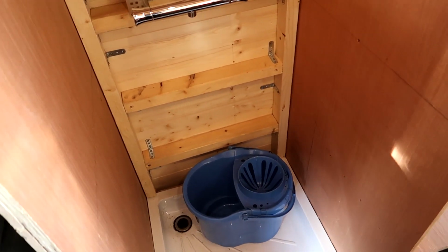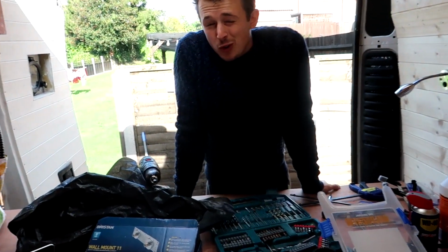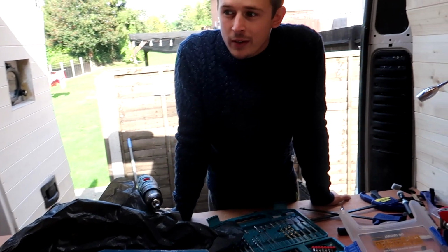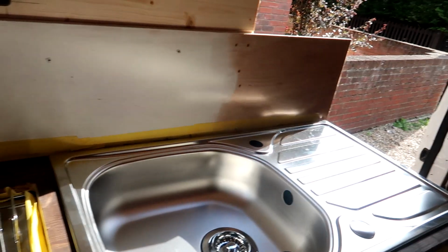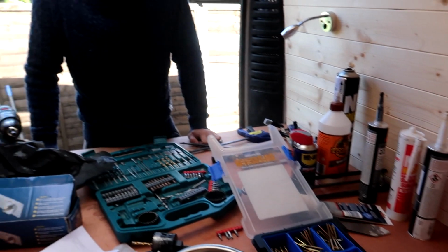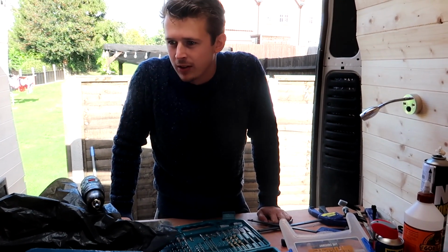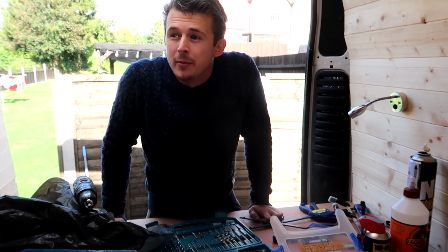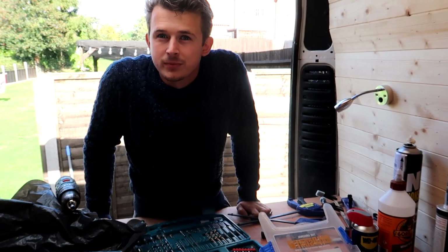So what we need to do is test to see that the shower actually doesn't leak before we put all the PVC on. So what we're going to do is we've hooked up the whole water system. Everything should be good to go. Sink. Right, we'll be in a second. It's going to be sort of like a dry run, but it'll be wet, so it'll be like a test run to see if there's any leaks. Hopefully it just comes out of the shower. Because if this goes all well, then everything works essentially